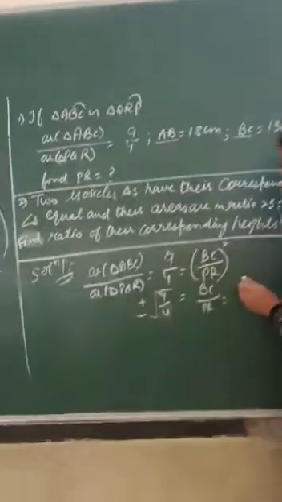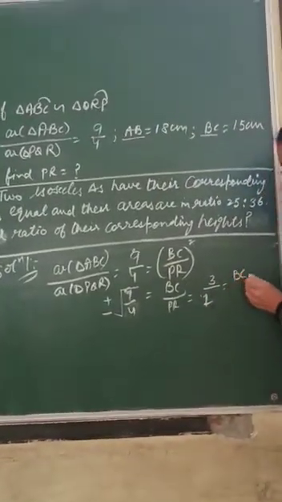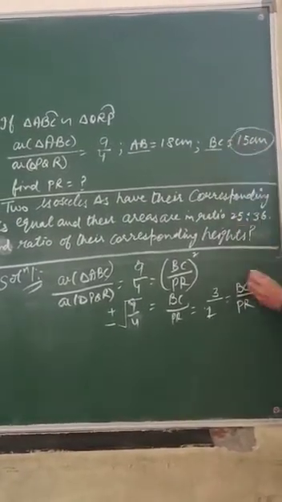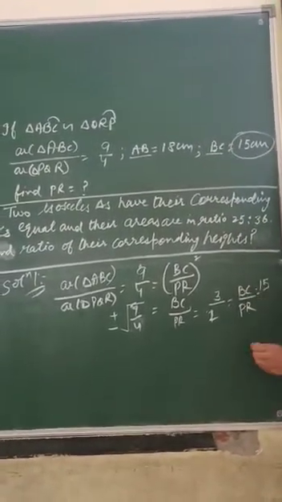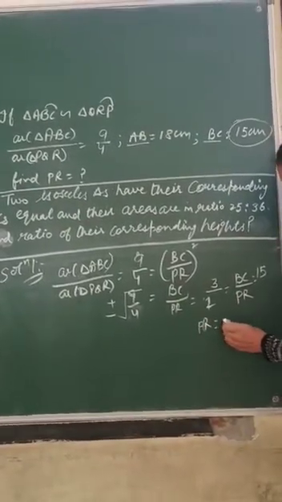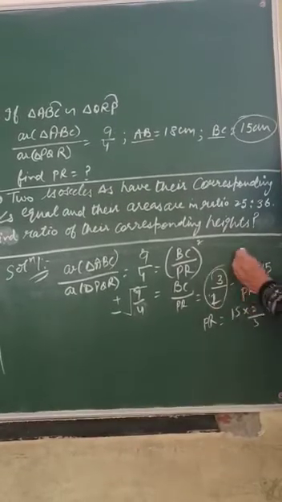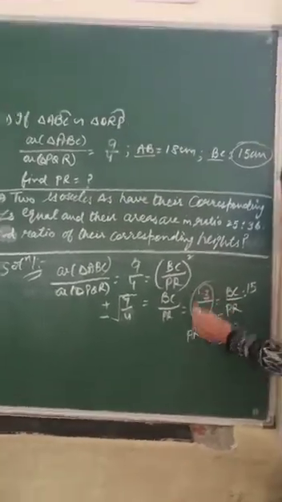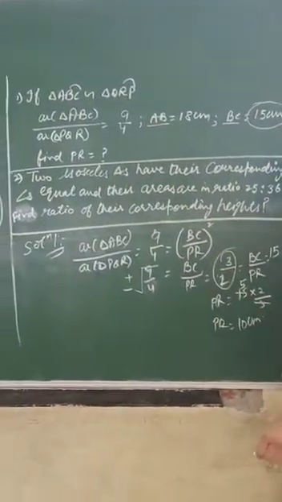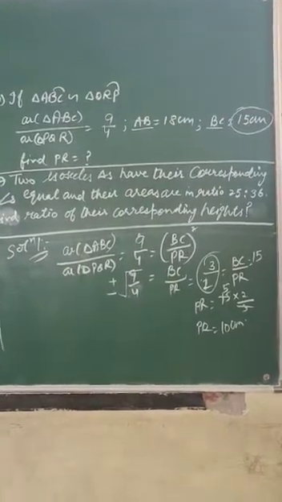So we can say here it is equal to 3/2, that is BC upon PR, and the BC value is given to us, that is 15. So here we are filling the value as 15. So what will be the value of PR? PR is equal to 15 multiplied by 2/3. This will be the reciprocal on that side and it is cut out by 5. So PR is equal to, we can say here, 10 centimeter. Okay, getting the point everyone? So let us see the next question.